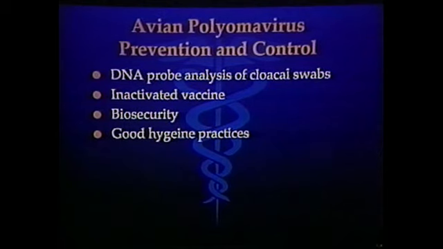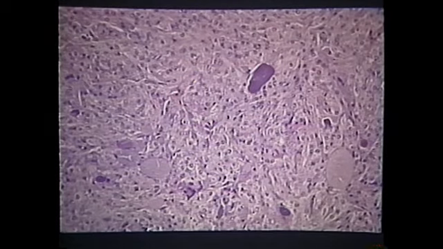It's always important to maintain good biosecurity to prevent avian polyomavirus introduction into the aviary. The virus is relatively environmentally stable and could be introduced on clothing and so forth, so good hygiene is a must. This is a photomicrograph of one of the rare adverse reactions to polyomavirus vaccine administration. The vaccine in this instance was given intradermally instead of subcutaneously, and I think you can appreciate the numbers of epithelioid macrophages, fibroblasts, multinucleated giant cells, and